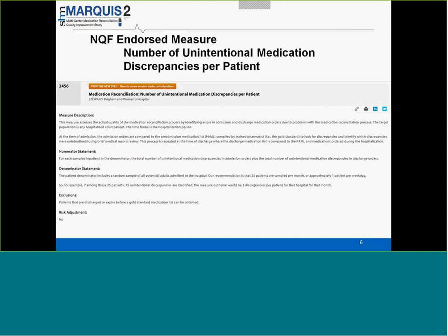The National Quality Forum agrees with us, and 2 years ago they formally endorsed our metric of the number of unintentional medication discrepancies per patient as its new measure of the quality of MedRec around the country, and we're now hopefully starting a 5-year journey to get the rest of the country to be doing what we're going to be doing today and what you guys are going to be doing as a MARQUIS 2 participant. So hopefully this will become standard of care, and every hospital will have to do some kind of low-level measurement using this exact same methodology